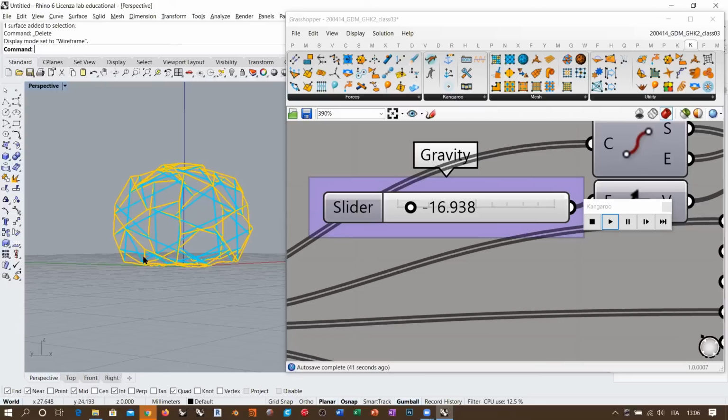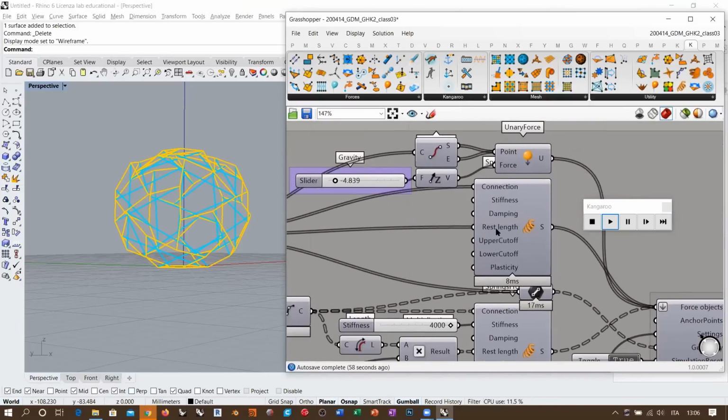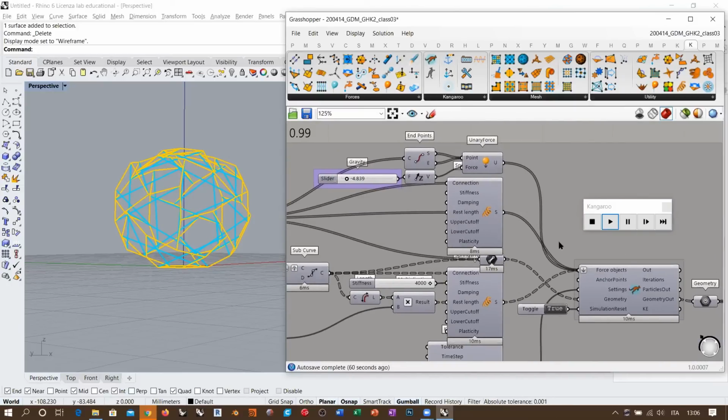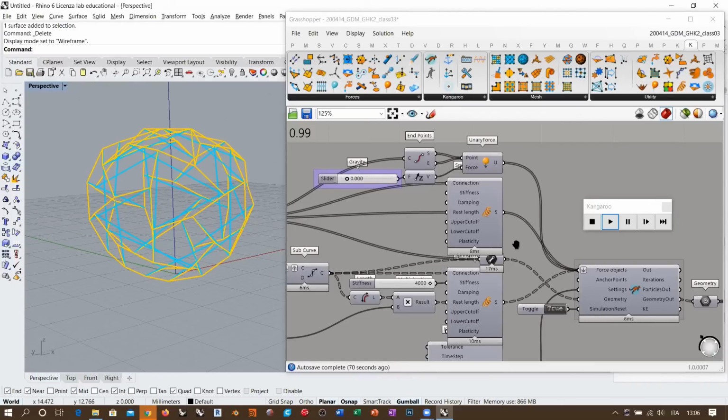So Kangaroo tends to vibrate like this. When you see this, don't keep on increasing the values. Eventually decrease the values, because it means that Kangaroo is becoming unstable, and this can crash the simulation. And if Kangaroo crashes, you have to stop and reset everything, if you're lucky. If you're not lucky, Kangaroo crashes and Grasshopper crashes as well. Okay, so just when you see that things start to vibrate like this, then just set everything back to 0, or avoid the critical configuration of parameters. Okay,